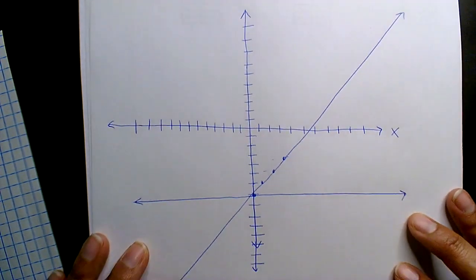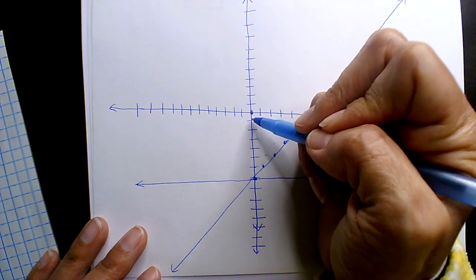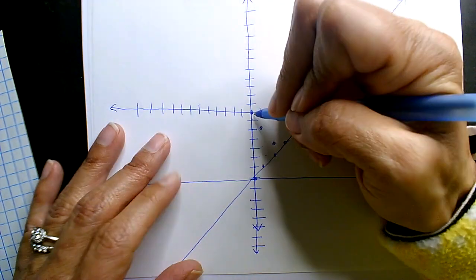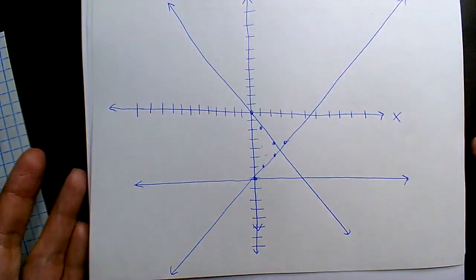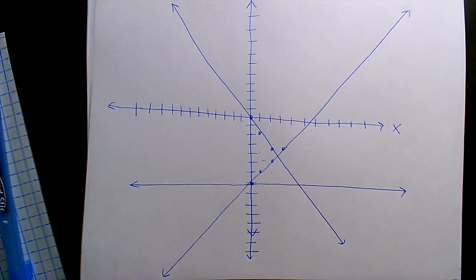Okay, next is negative 2x. My y-intercept is 0. My slope is negative 2, so down 2, right 1. Down 2, right 1. And so here are my 3 lines. Now, if I go back and I actually pay attention to the domain,